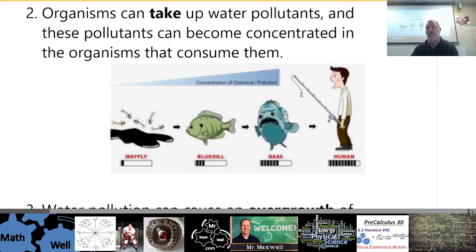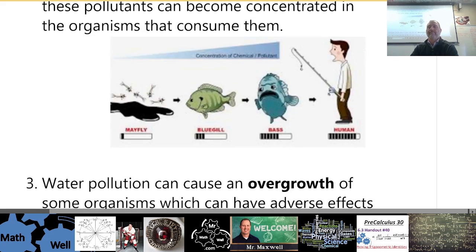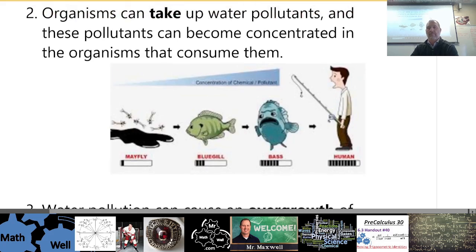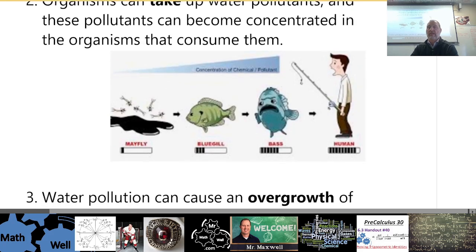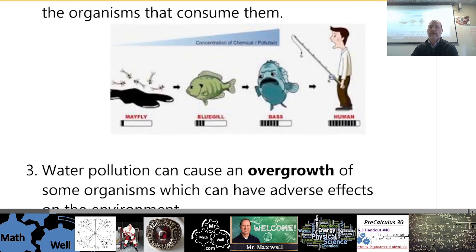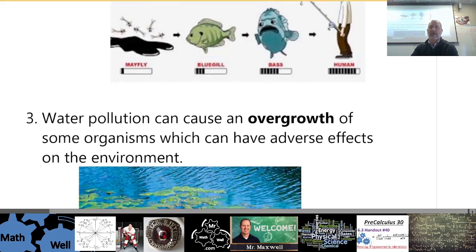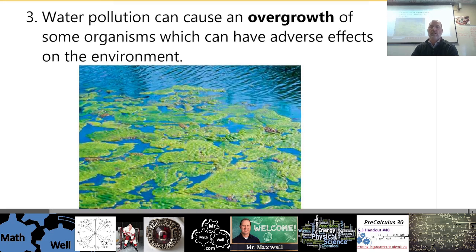So we'll talk a little bit more about that, something called bioaccumulation and biomagnification of pollutants. But organisms, even the little guys, little parasites, little flies, little things like that can be eaten, and it magnifies the contaminant level. Number three, water pollution can cause an overgrowth of some organisms which have an adverse effect on